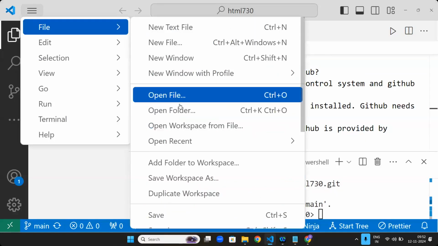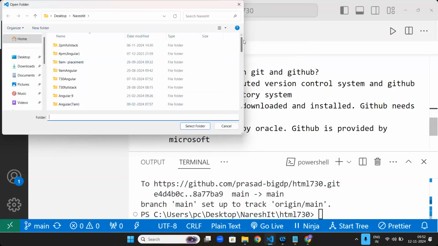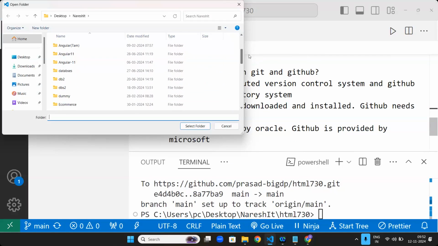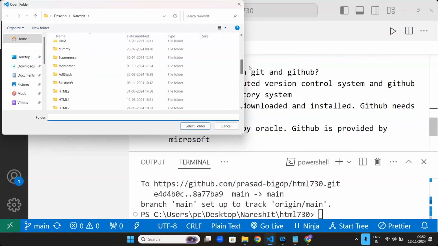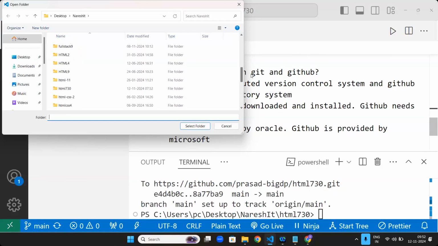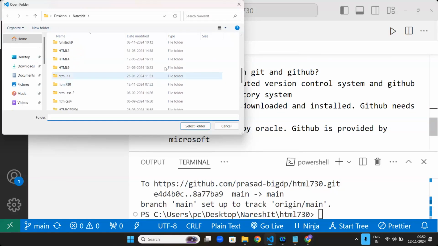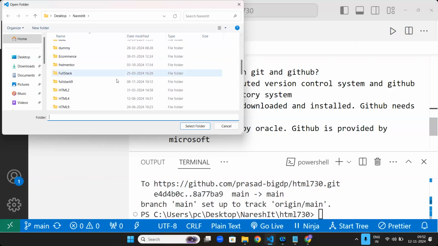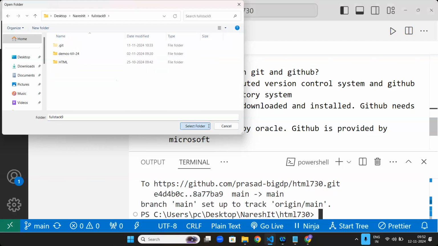Let's go to file. Let's go to folder. Let's open it up here. HTML. Full stack 9. Where is this? Good. Perfect.